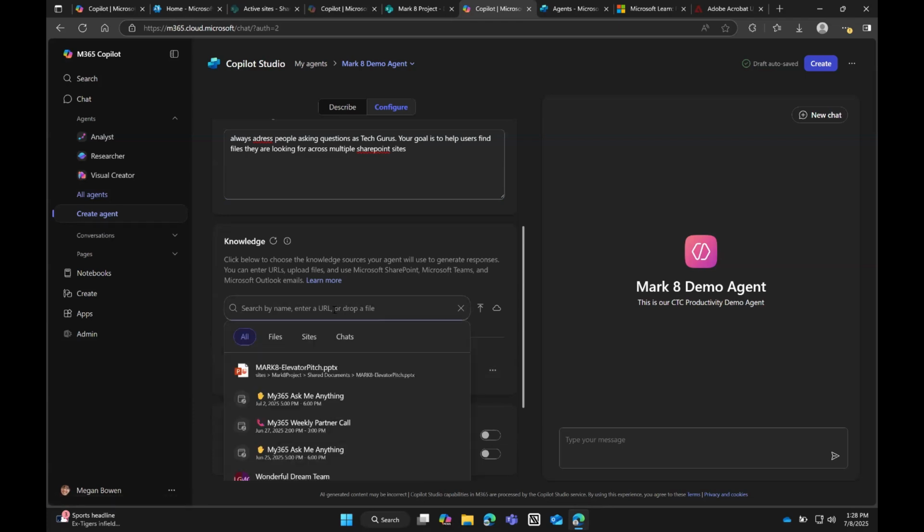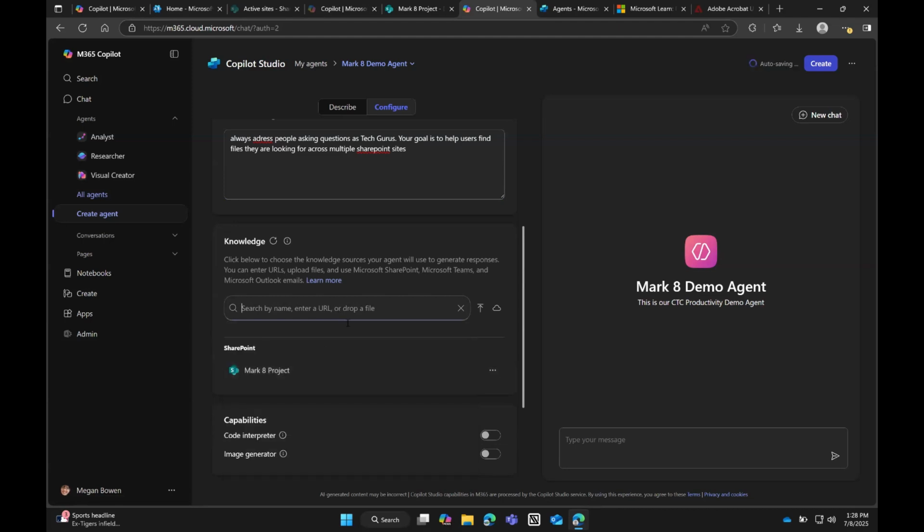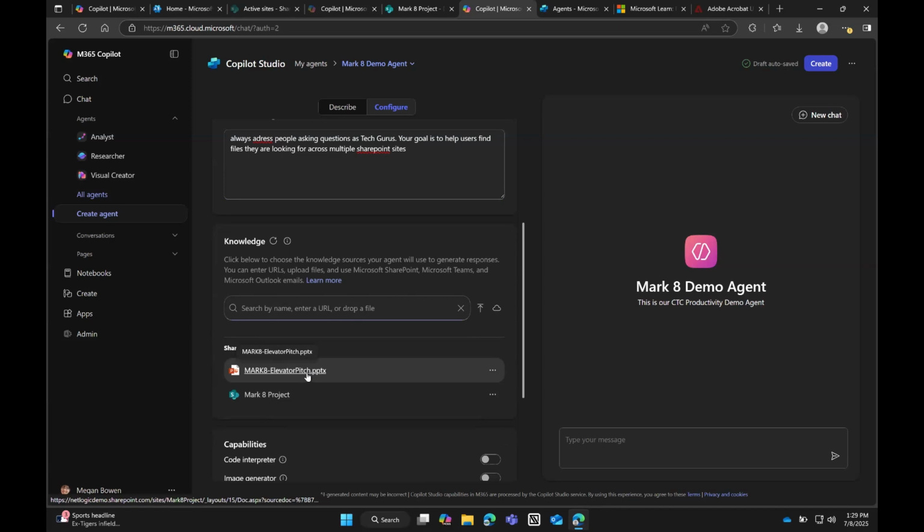Maybe I want to go ahead and search, and here's that elevator pitch PowerPoint I was talking about before. Maybe I just want to use that file added in. So you can put in multiple different sites, combine them into one. So if you're an organization that says we have hundreds of thousands of files in SharePoint, it takes me hours to find the document I'm looking for, or if I do find the document and it is 60 pages long, I don't have the time to read through it. This is the type of agent you want to build to easily find your documents, find similar documents, and even compare documents together to give you the answer you're looking for.